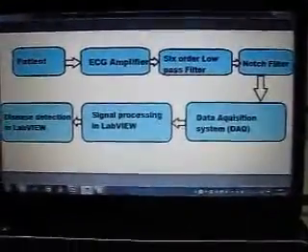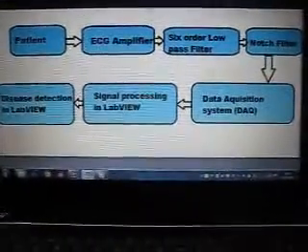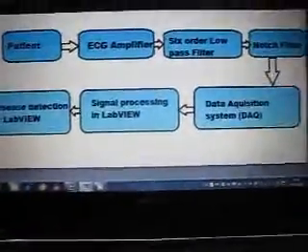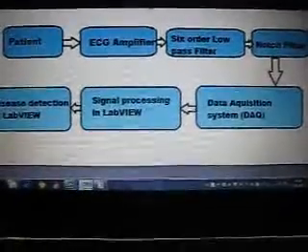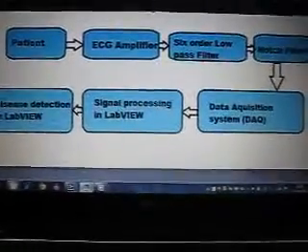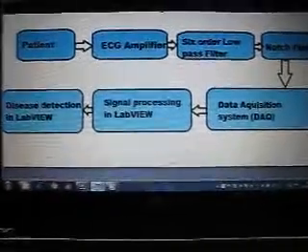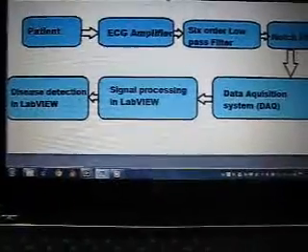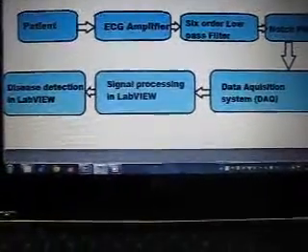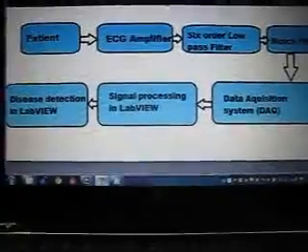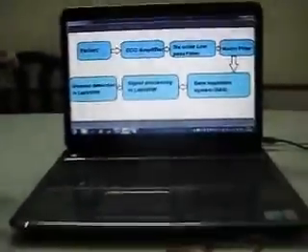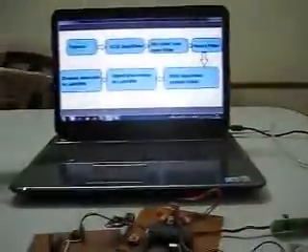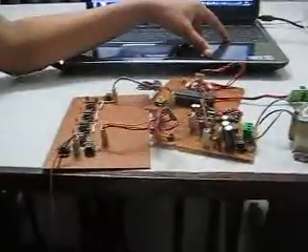According to this block diagram, we have to take the ECG of the patient, then amplify the signals using an ECG amplifier and filter the signal. Then the filtered signal will be passed to the data acquisition system. In that, we are converting the analog signal into a digital signal, so we can transfer the signal to the PC and it can be processed. Then the signal is collected in LabVIEW and processed in LabVIEW through different detection programs and algorithms. We can detect the disease in LabVIEW. Now, for understanding this,